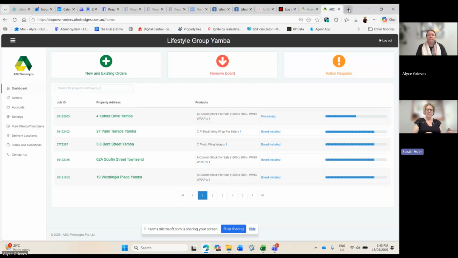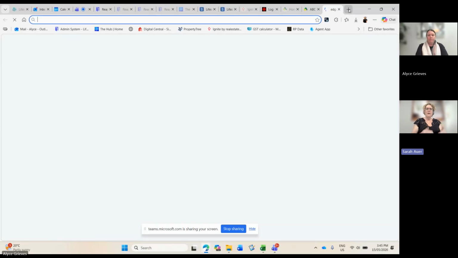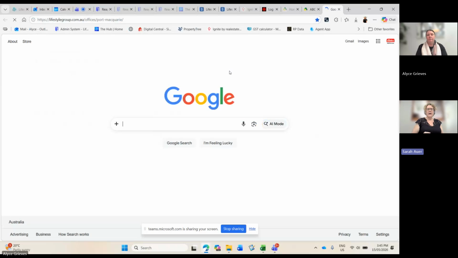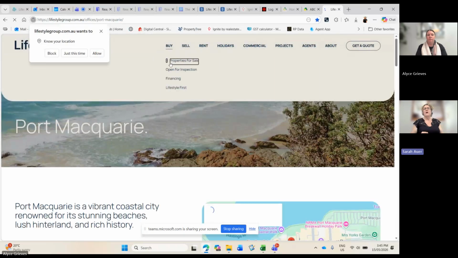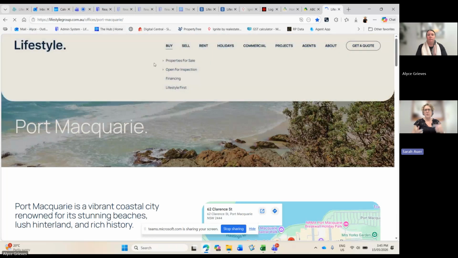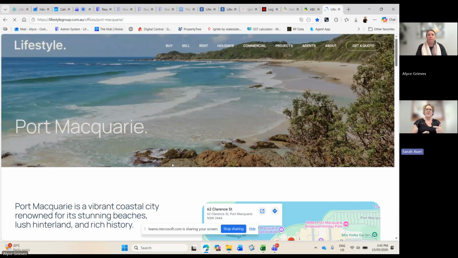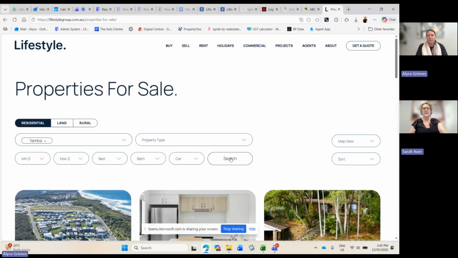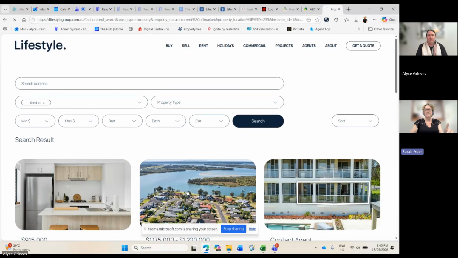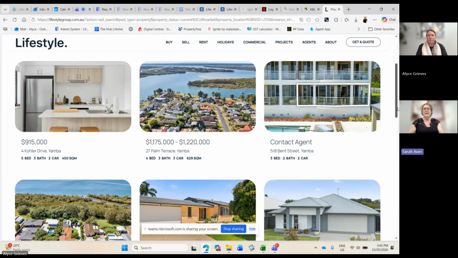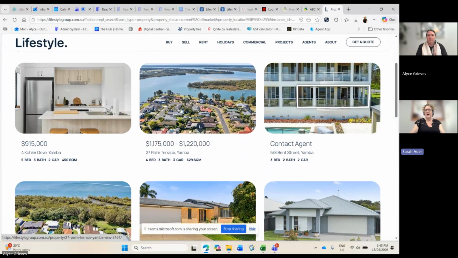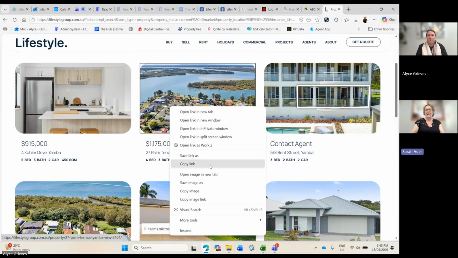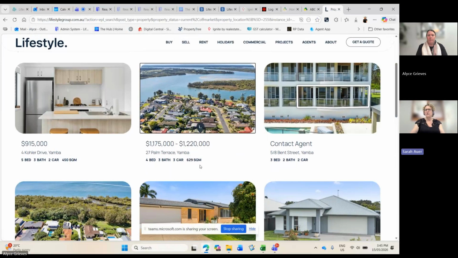to go on to our lifestyle website, open up a listing that is in a similar suburb that you're in, and also a similar listing type. So the listing types are at the top there where it says residential, land, and rural. So this particular property was residential, and it's in Yamba. So you search for the property, and then right-click on the photograph of one of the other listings that are there, click on copy link, and then paste it into a browser up the top